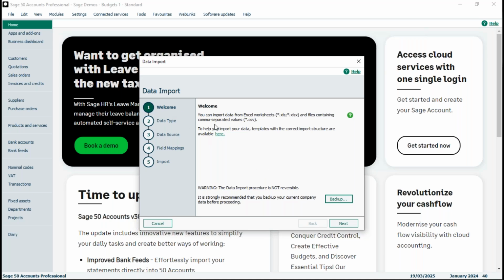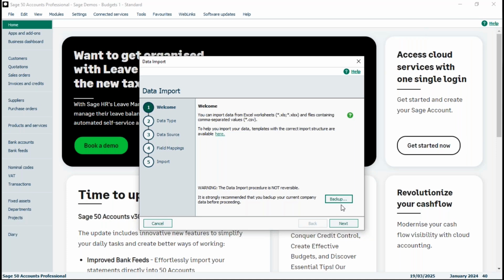Right, so step 1, backup. Take a backup. I don't care how confident you are, take your backup. If you do something wrong, maybe it's something as simple as importing the wrong file, or you import it twice, something along those lines. The easiest way to undo that sort of thing is by restoring. So if you take a backup right now and you make a mistake, you can always restore back to this